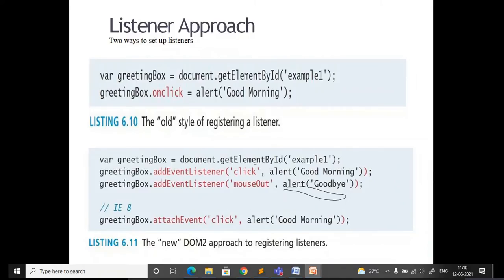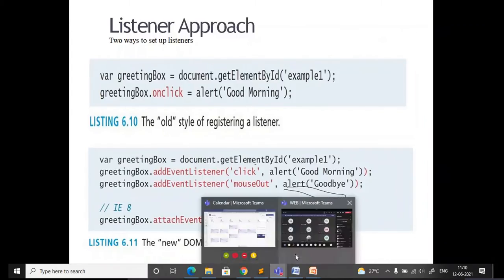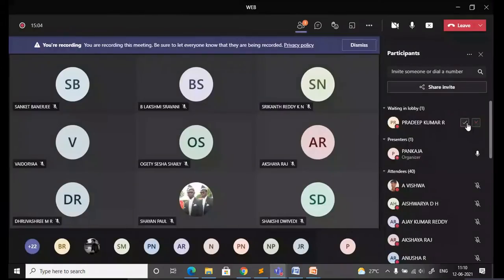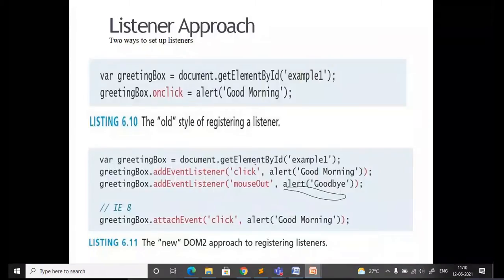The syntax is going to vary with respect to the browsers. If you are using Internet Explorer 8, for the event listener you have to specify attachEvent. Other than that, whatever browser you are using supports the function addEventListener. You can directly use addEventListener followed by the event name and function. Here there is no limit. You can add any number of event listeners to an element.